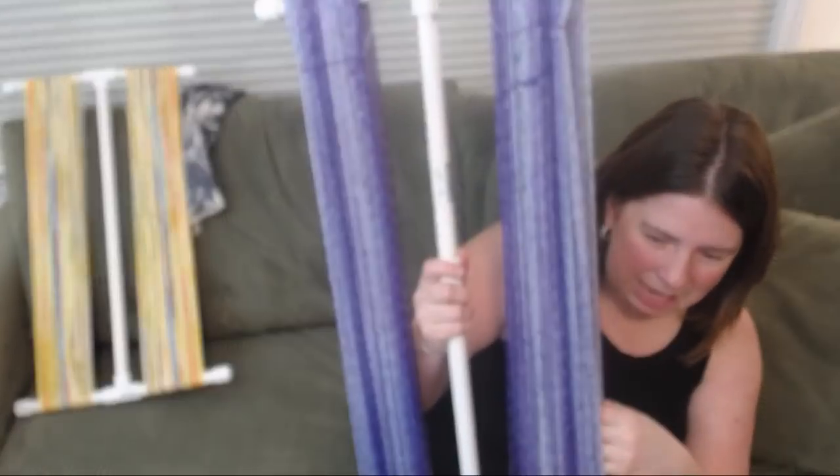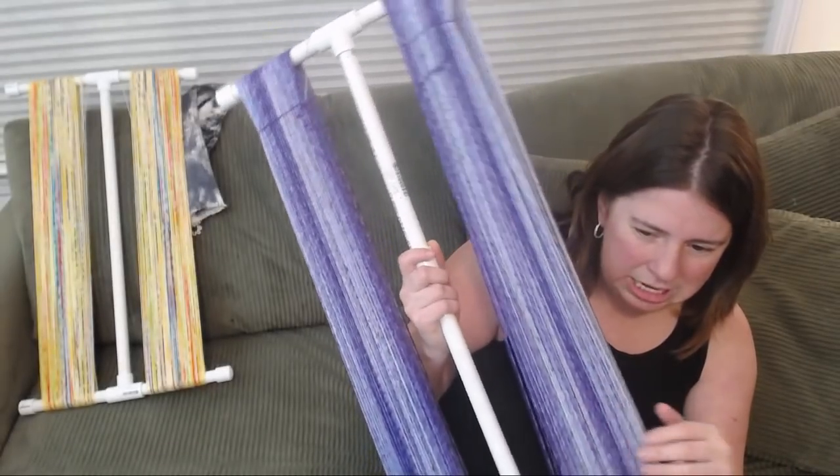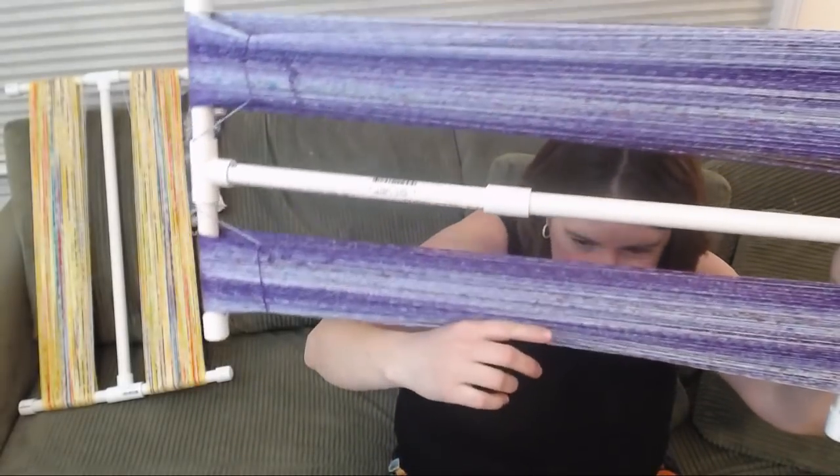I'm going to need to play around with folding and dip dyeing the skeins. I like how subtle the light and dark is, and that's really fun. I'm really excited to play with all these different striping techniques. I really want to do some diagonal stripes and plan it in a way that would get you really cool stripes and color changes. And I think it would be fun. But anyway,